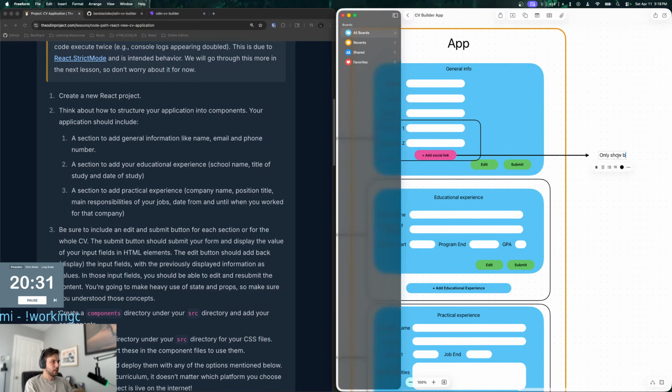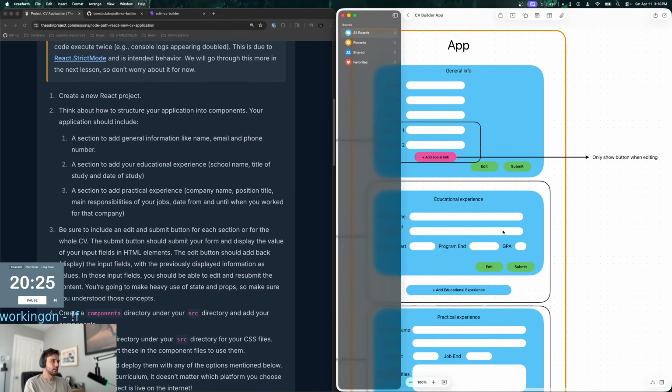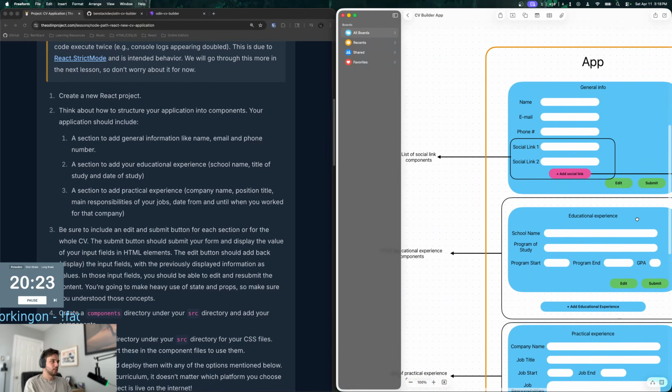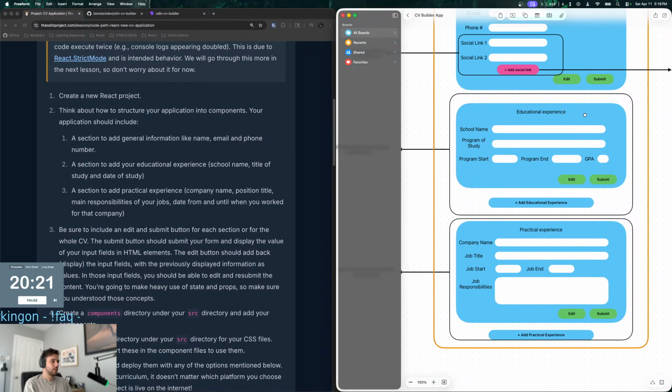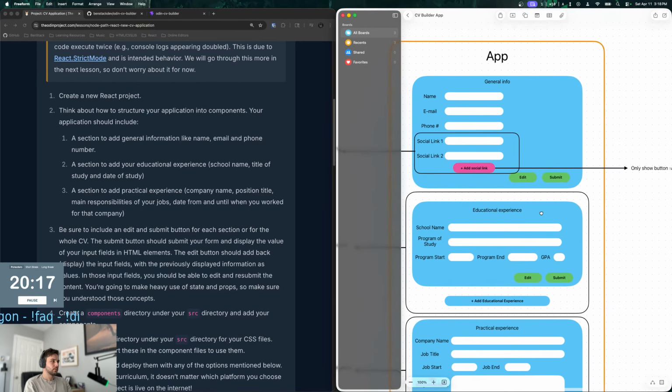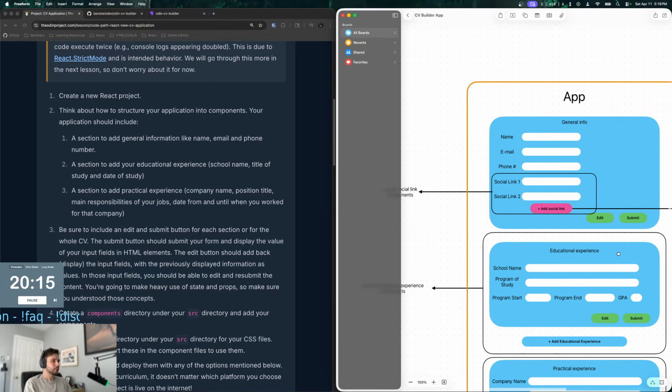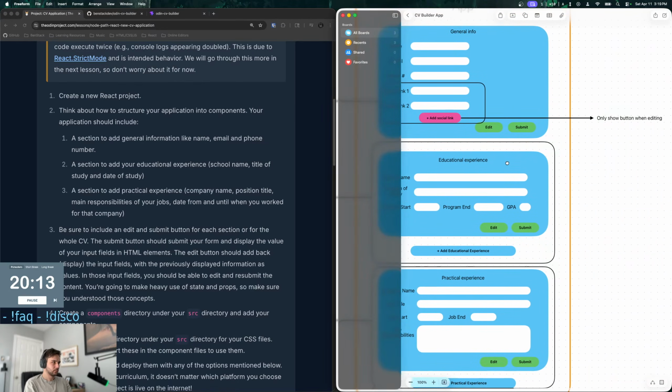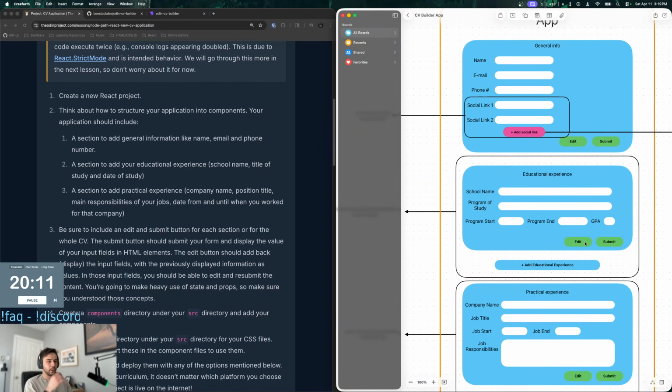Only show button when editing. Yes. Okay. Good. All right, I think we can actually start coding now.